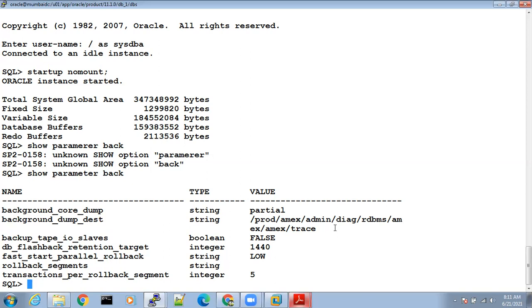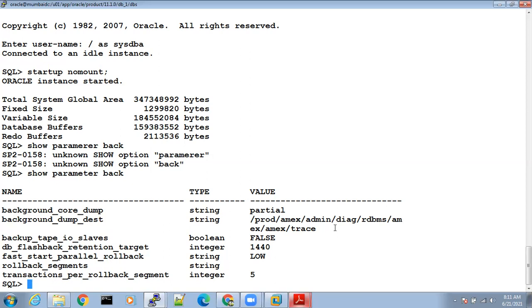It will be very easy to solve the issue, because errors are captured in the alert log file. Say I saw some error here and I don't know what to do now. What generally people do is keep trying in Google search, looking for what the error is and what the solution is. Why are you directly going to Google? Open the alert log file, it will tell you what to do.